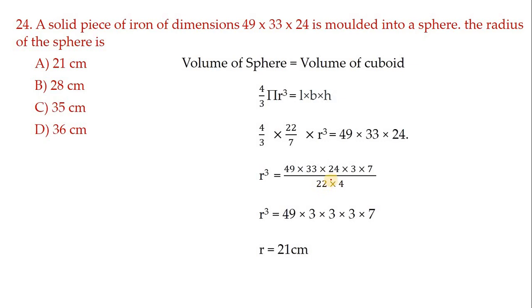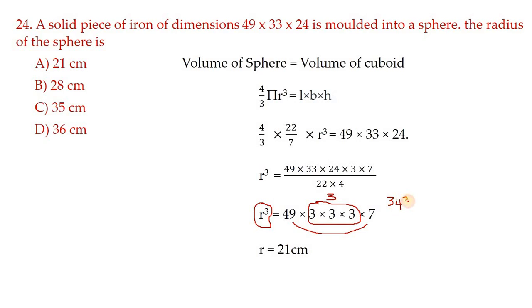So here we can simplify like this: 11 2s are 22 and 11 3s are 33, and again here 4 1s are 4, 4 6s are 24, and again 2 1s and 2 3s. See what is left out: 49, 3, another 2 times 3 and 7. Now if you find here r cube there, children, so in here 3 also repeated 3 times, hence 3 we can write 1 time, and if you multiply 49 into 7 we'll get 343.